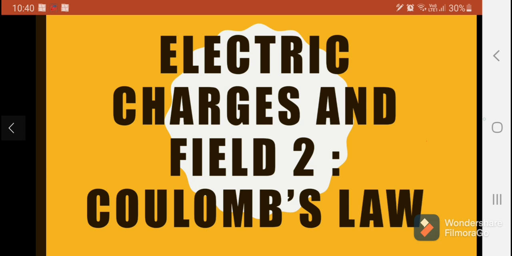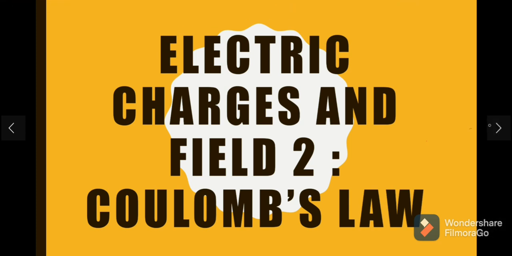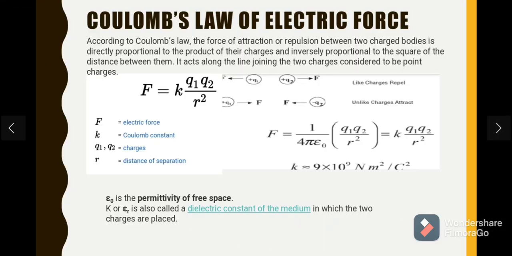two charged particles. Like, till now we have only studied that two charged particles will exert a force on each other. We have no idea what is the amount of force exerted by the charged particles on each other. So basically Coulomb's law gives us a formula for measuring how much force acts between the two objects.